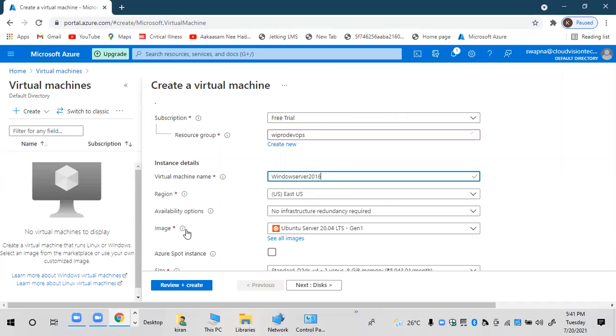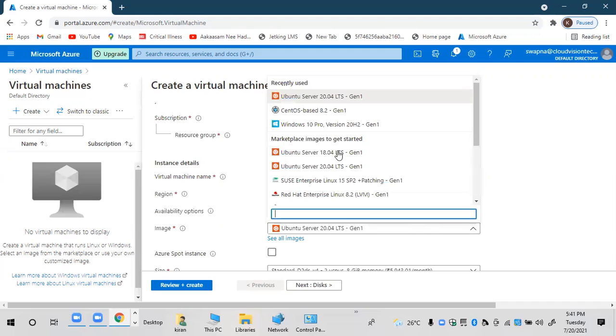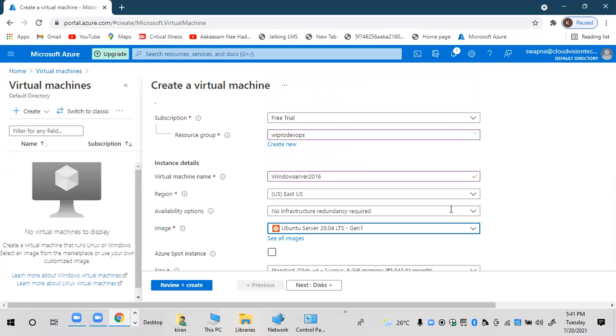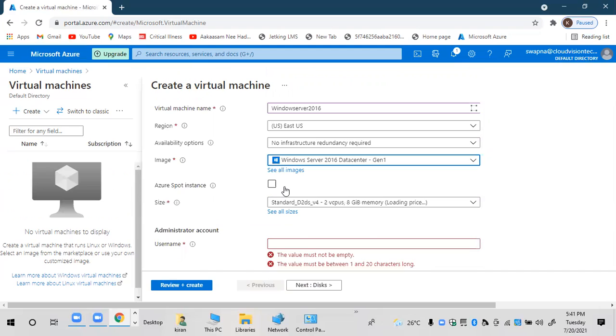Availability options the same. So image, so go and select your Windows image. Drop down. So I want to launch the Windows Server. So yeah, Windows Server 2016 data center. Windows Server 2016 data center. Okay, next to